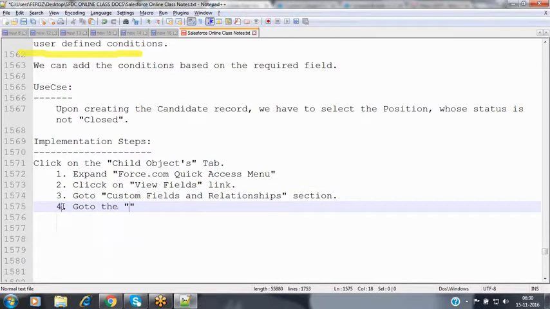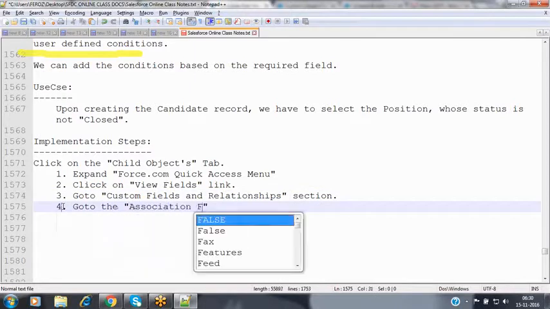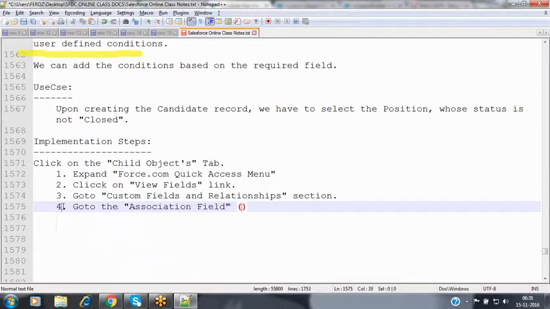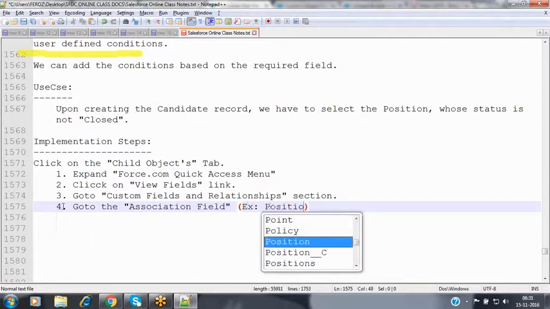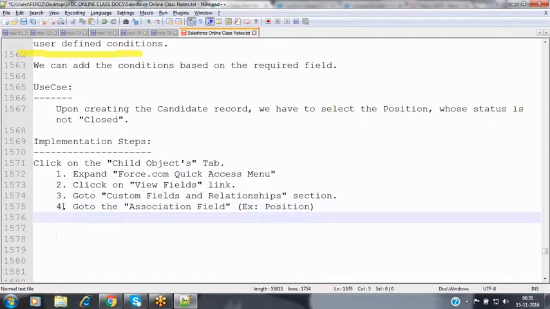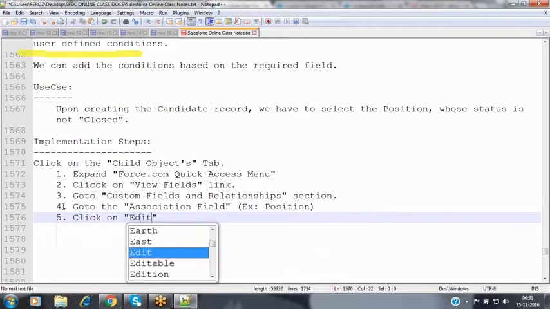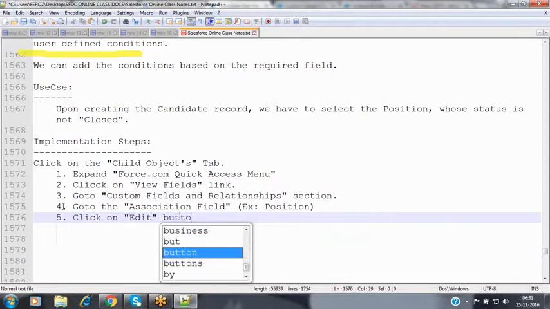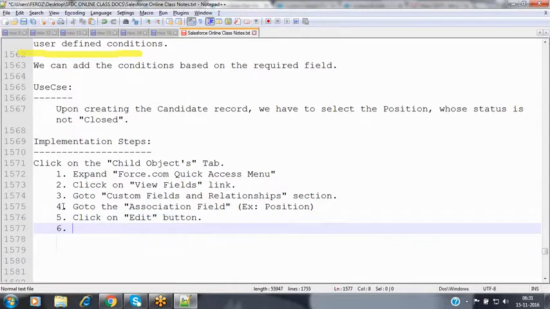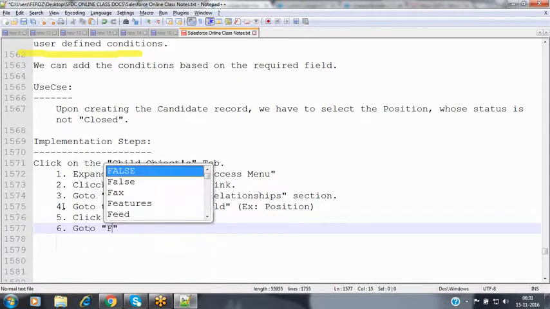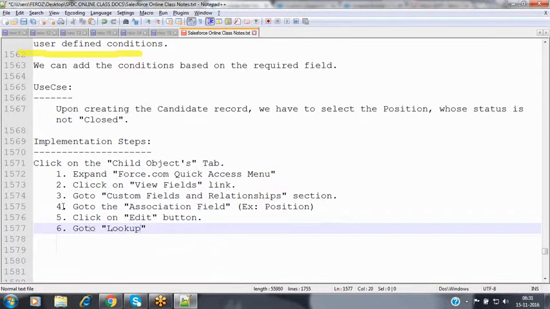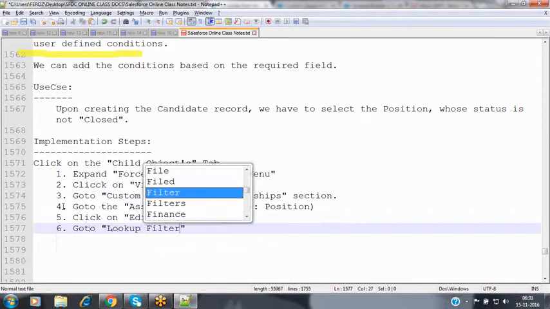Go to that association field, for example, in our case, that is Position. And the fifth one is, click on the edit button and go to the lookup filters section.